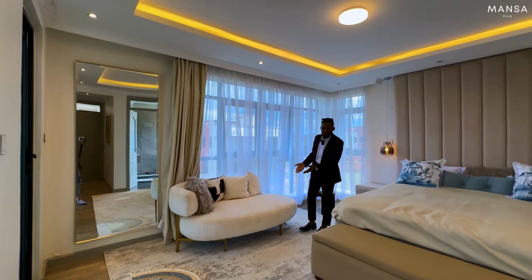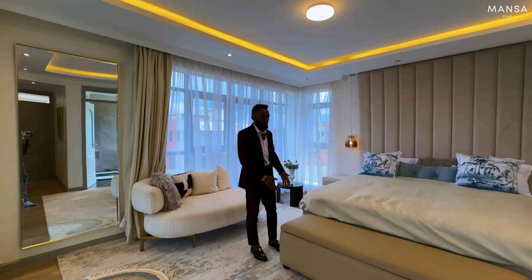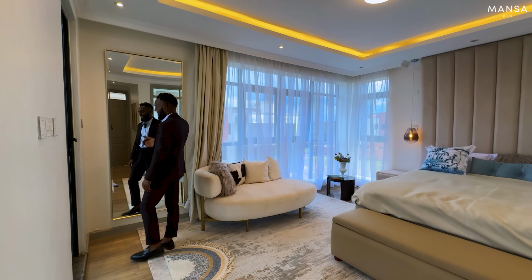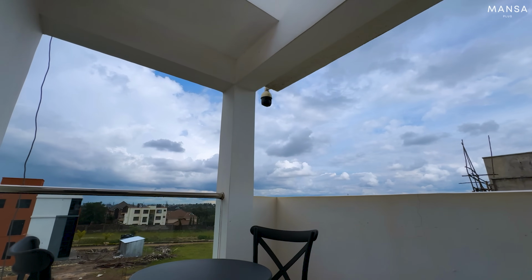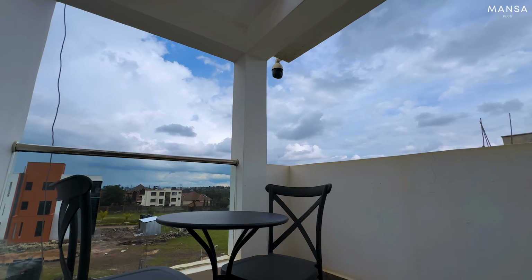This is beautiful. And when I'm talking of space, remember you also have an ottoman here. So you can see that there's a lot of room. Yes. Then you have this very nice mirror. I like how it looks. And then this door opens to another balcony, just in case you feel the other side